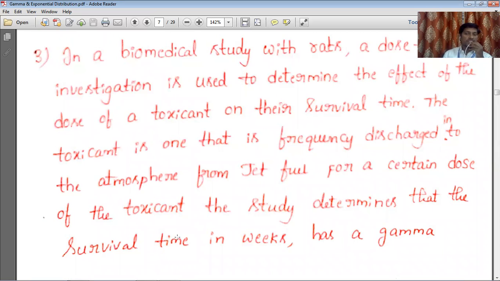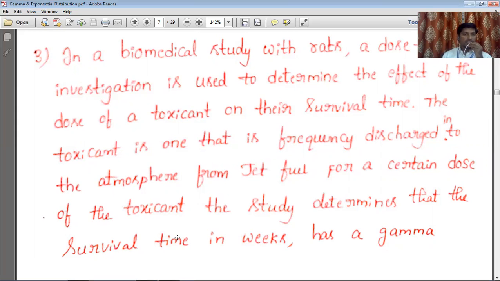But they are not giving the toxicant directly to the rats. They are releasing it in the atmosphere from jet fuel. Like us, if we are preparing any particular medicine, first they test it on rats or cats, monkeys, like that. In the same way here also, but they are not giving the toxicant directly to the rats, just releasing the toxicant from jet fuel in the atmosphere, by breathing that,